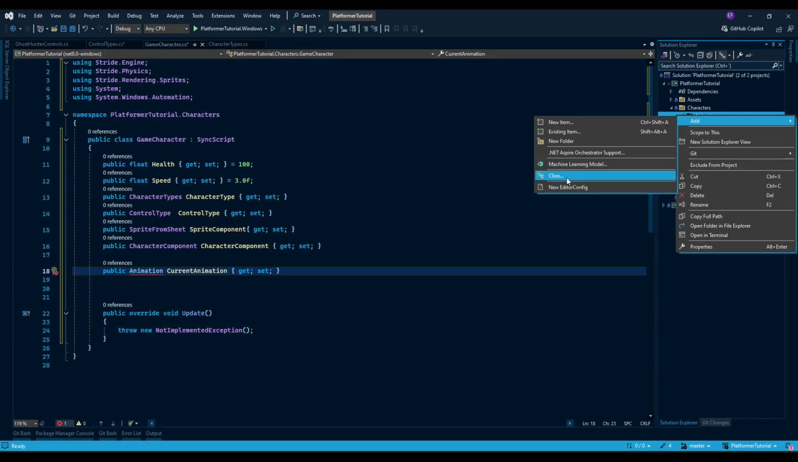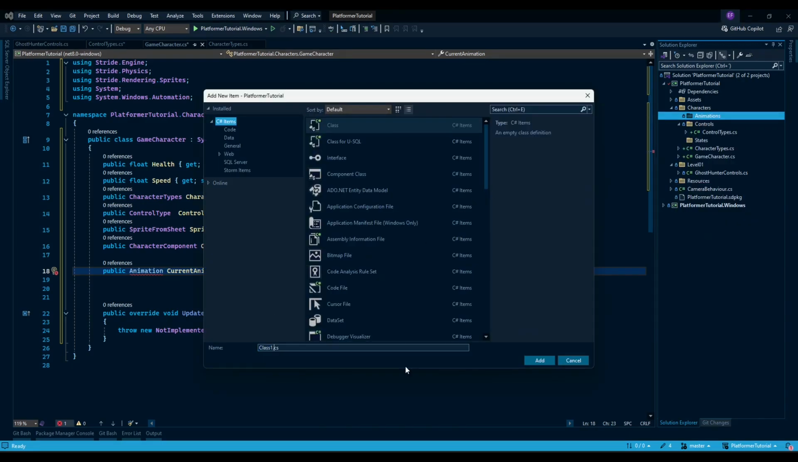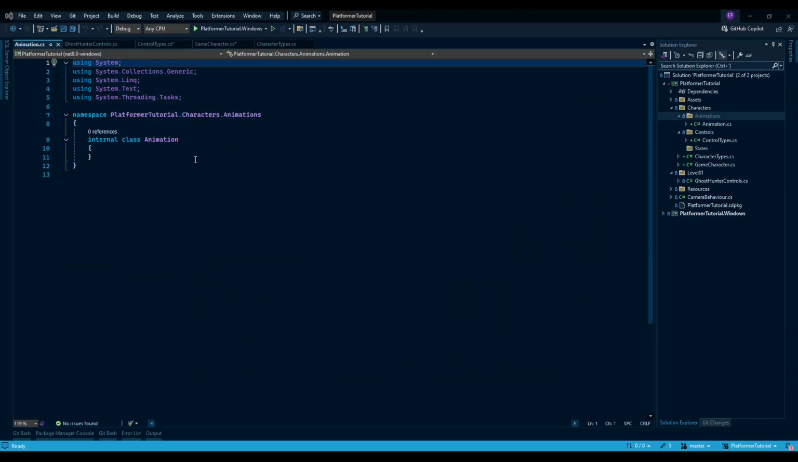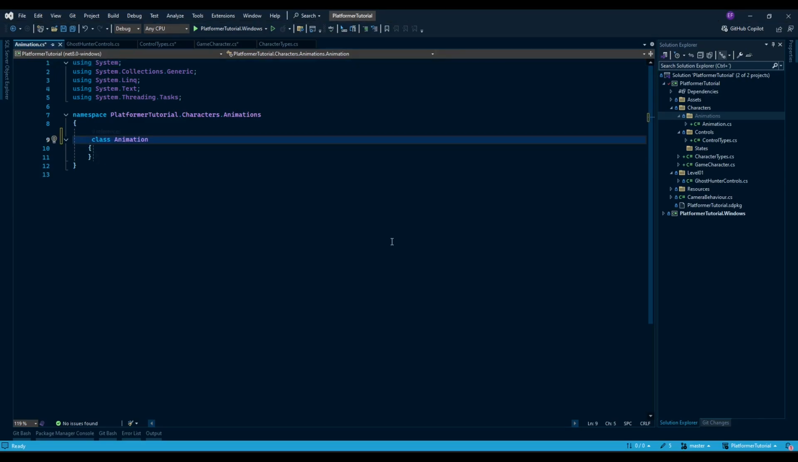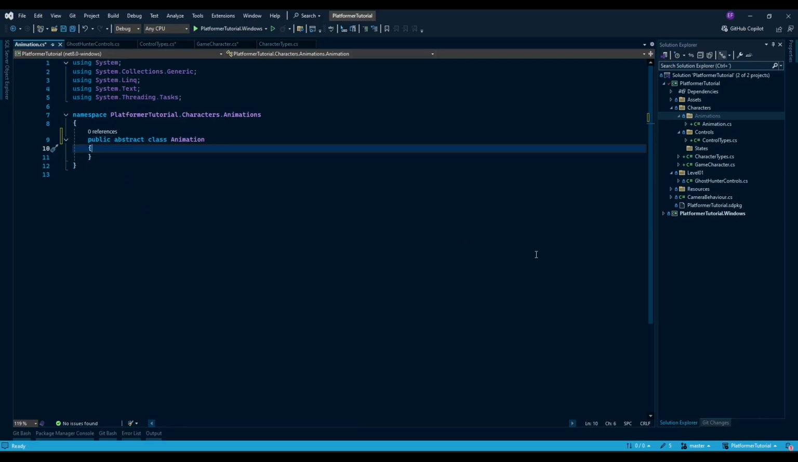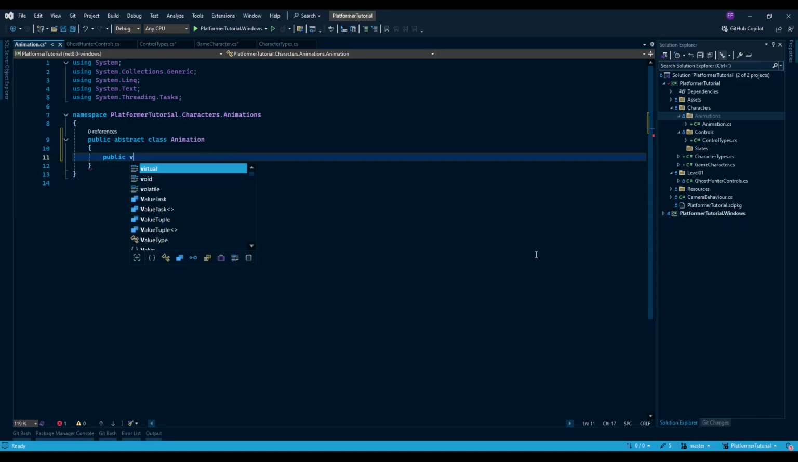So let's add a class in our animations folder, and we are going to call it Animation. And this is going to be a public abstract class. So let's change this to public abstract class Animation, and we are going to have some base methods here. So, and this is going to be a virtual method, and this allows us to change this method for every animation case that we need. This is going to be void, and let's say that this is the PlayJumpAnimation, and it's going to